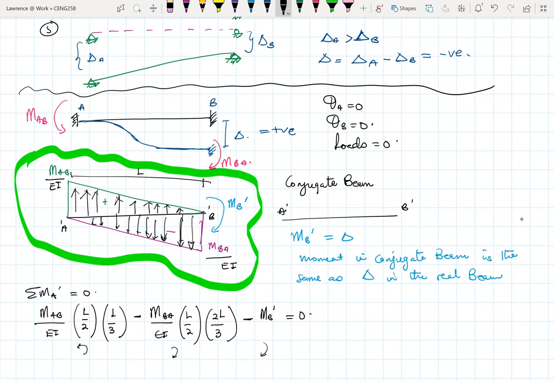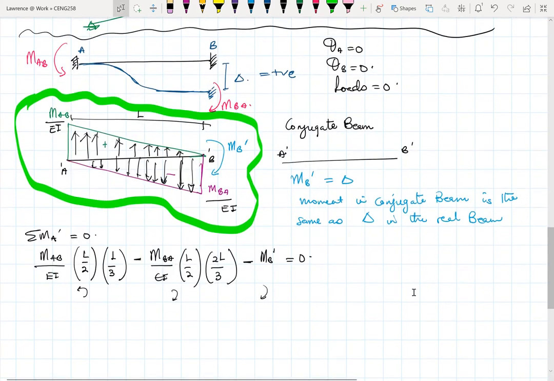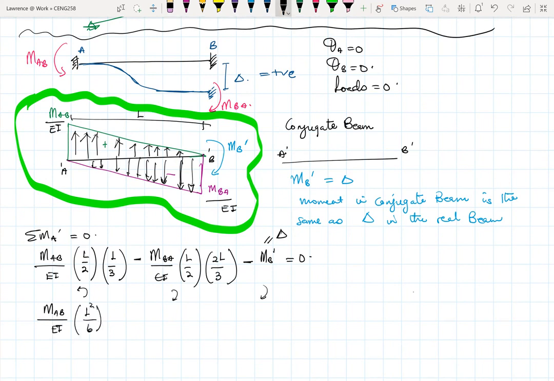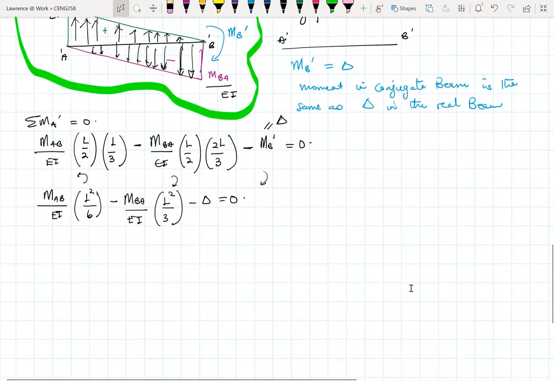But we know that MB prime, sorry, is the same as the delta we are looking at. So I can rewrite this entire equation and then have MAB L squared over 3 minus MBA L squared over 6 equals delta. All right. Then